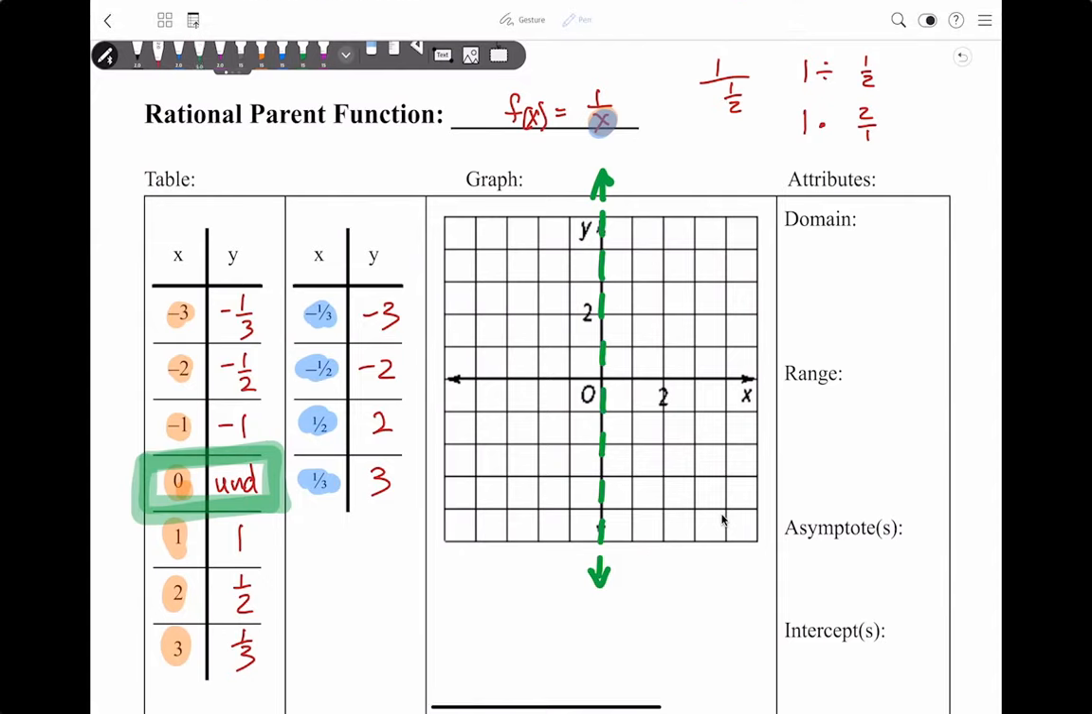Okay? All of these other points, we're going to have like negative 3, negative 1/3. Negative 2, negative 1/2. Negative 1, negative 1. Then we have 1, 1. Then we have 2, 1/2. Then we have 3, 1/3. We also have a negative 1/3 that goes down all the way to negative 3. Negative 1/2 goes to a negative 2. And then 1/2 goes to a positive 2. And 1/3 goes to a positive 3. And thus, this is the graph